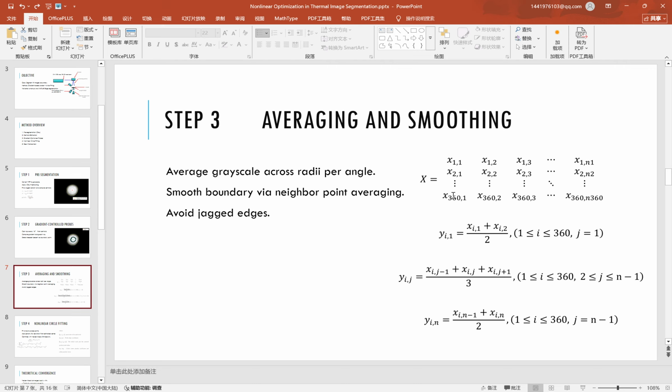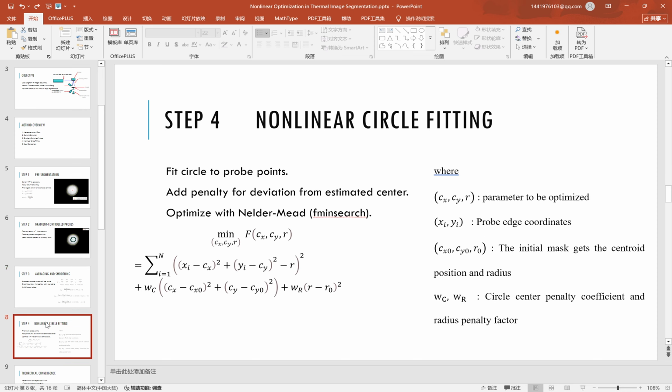At an average point like the center point or edge point, we use 2 because we don't have other points to average it, obviously. So the fourth step is nonlinear circle fitting. First, the radial distance from the edge of the probe to the center of the preliminary estimated circle is calculated. The median of this distance is used as the initial radius estimate of the fitted circle, and then the objective function